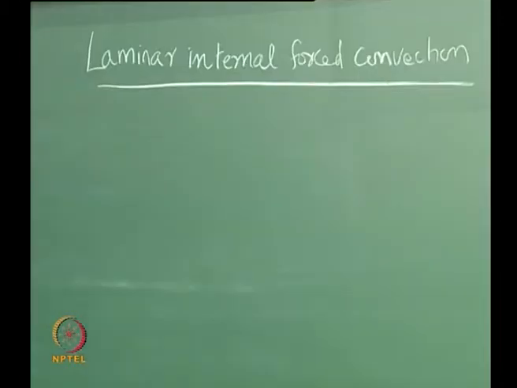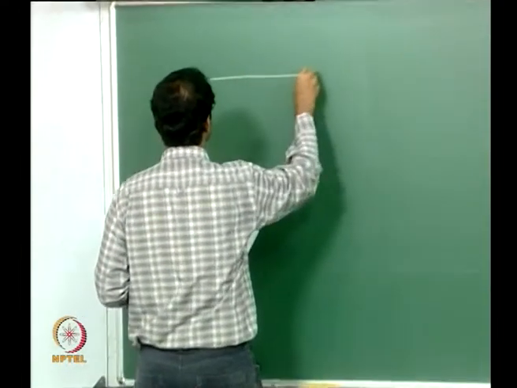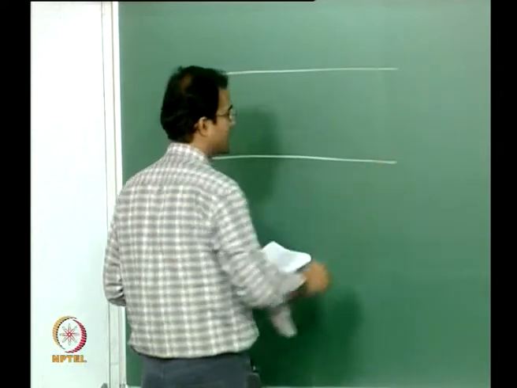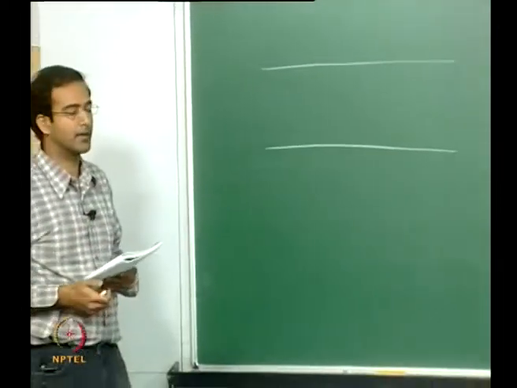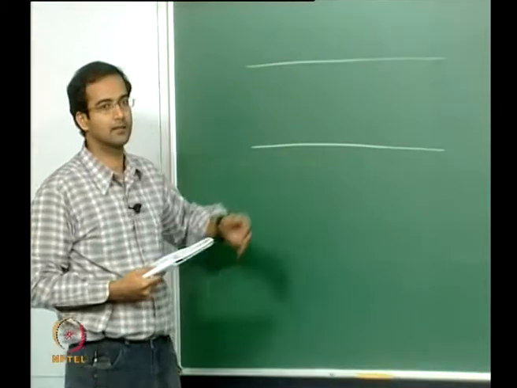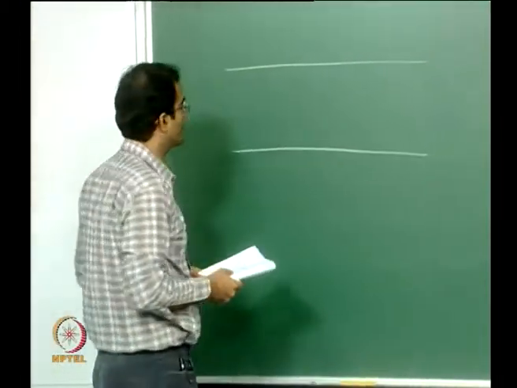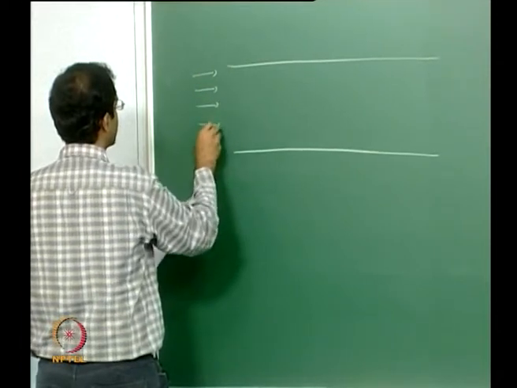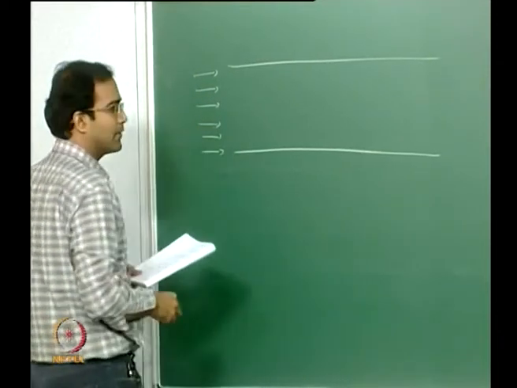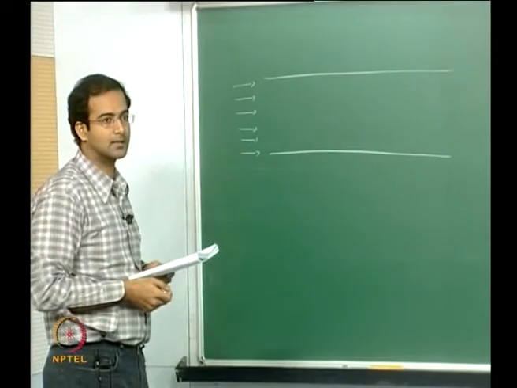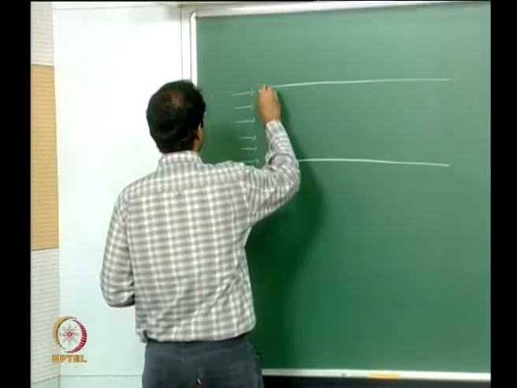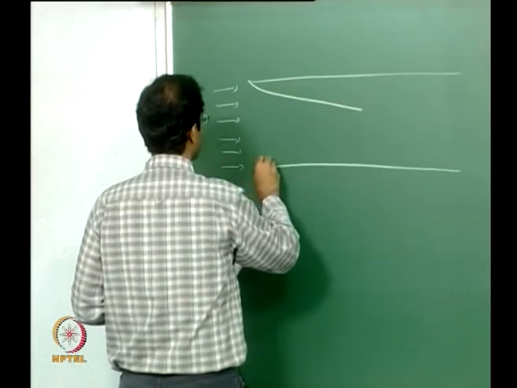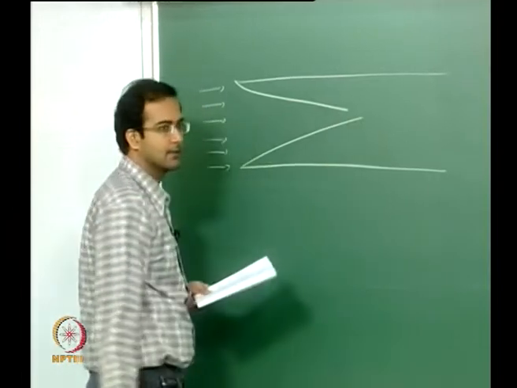Classically I would like to illustrate internal flow by means of flow between two parallel plates, or you can take a sectional view of a duct and look at how the flow pattern is. Here, when the flow enters the inlet of the duct, you have a uniform velocity across the cross section, and then you see boundary layer growth from, say, the two walls of the duct like this,